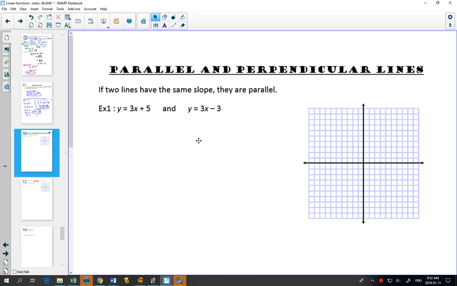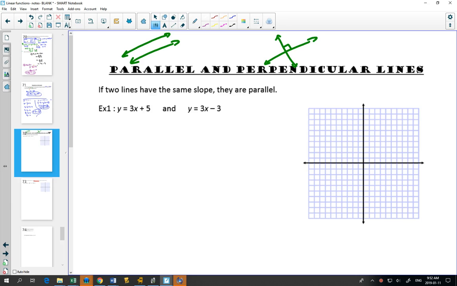And so in lines, when two lines are parallel, like this one and this one, they have the same slope. For perpendicular, perpendicular is when the lines meet at 90 degrees. So parallel lines will have the same slope. So these lines, y equals 3x plus 5 and y equals 3x minus 3, well, you could use your slope-intercept